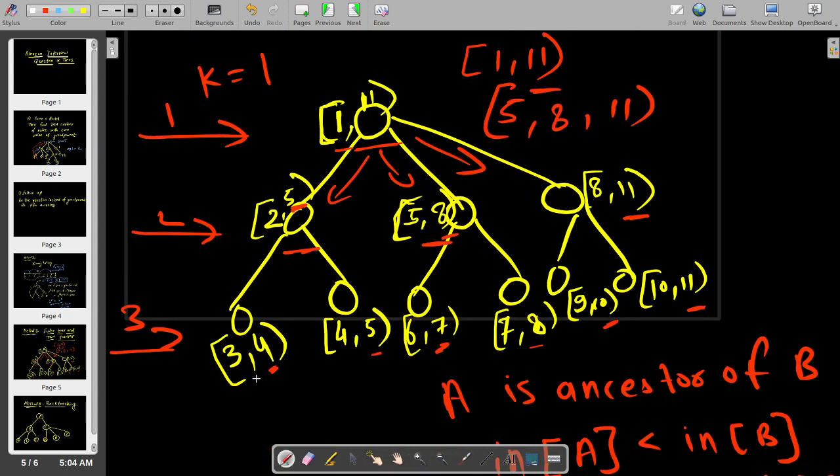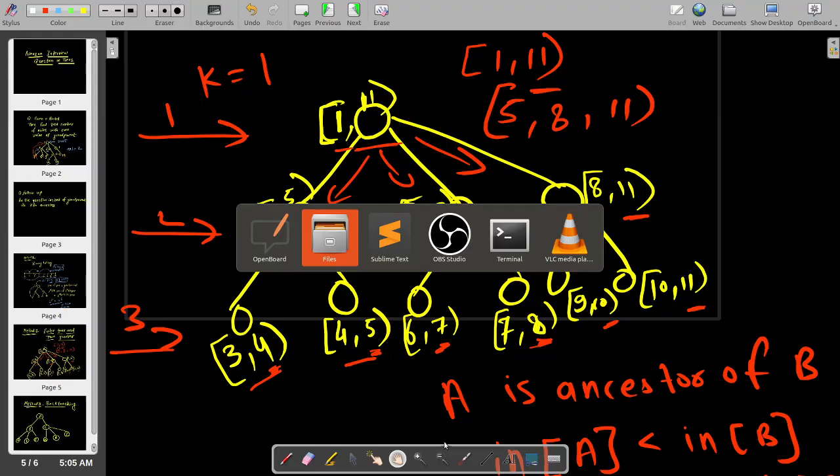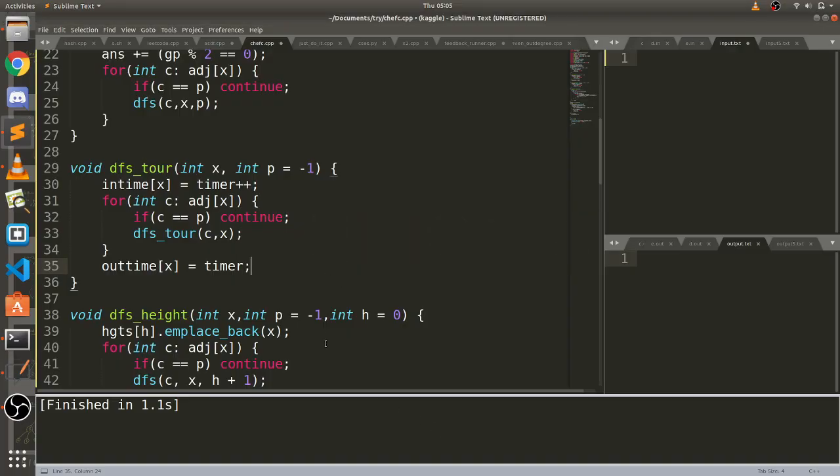So now you could see 3 to 4 and 4 to 5, see the end here, it's 5 for both the nodes. And when we start from 3, when we start from 4 5, both values are less than or equal to 5, correct? And here the end node is 8 and here it's 7 and 8. So by this we could apply 2 pointer on this, and we could get the kth parent for each node in level order. I will show you how this works, so it will be more clear.